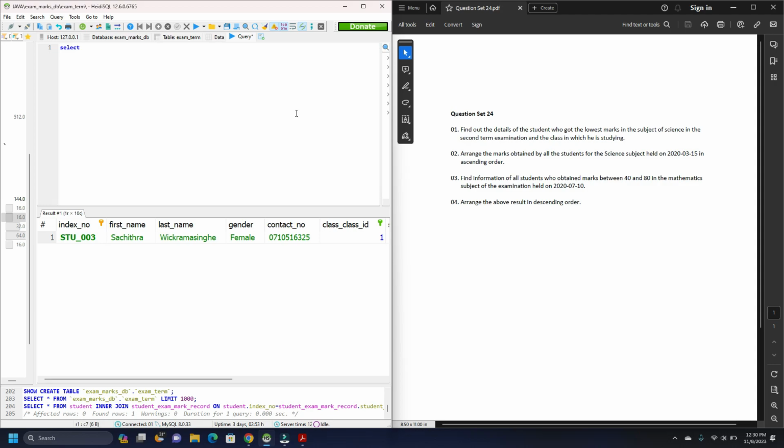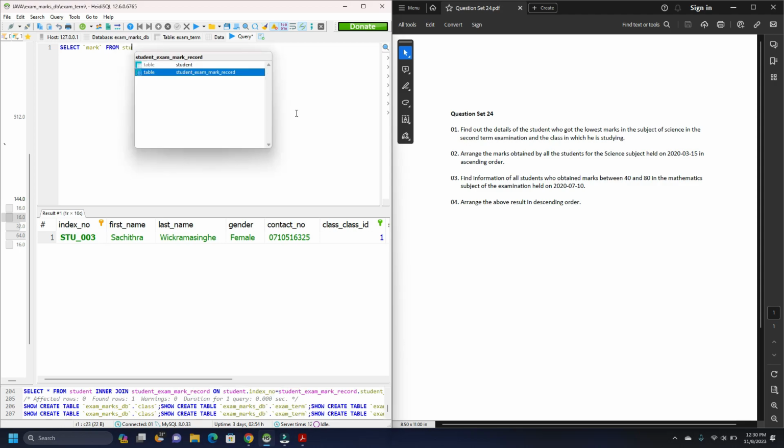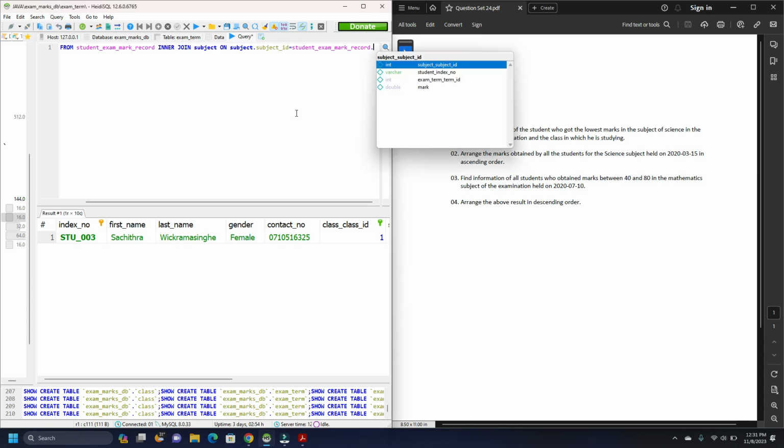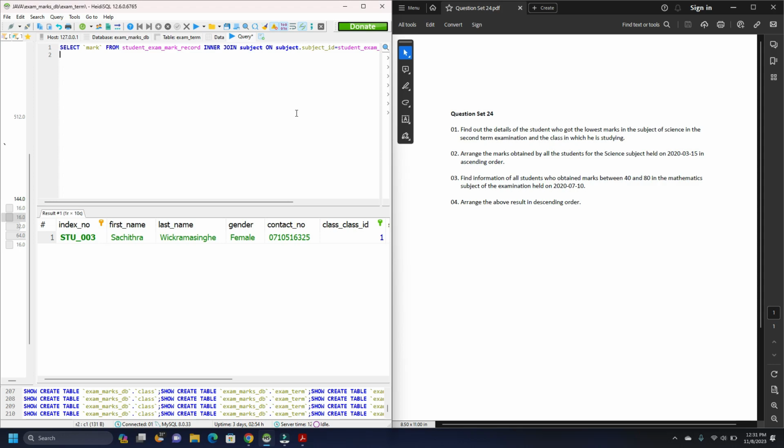So starting with select mark from student exam mark record table, inner join with subject on subject dot subject id and student exam mark record table dot subject id, where subject name equals to science